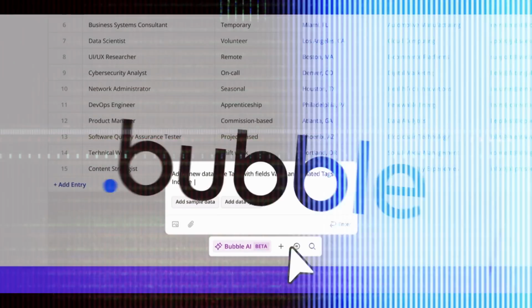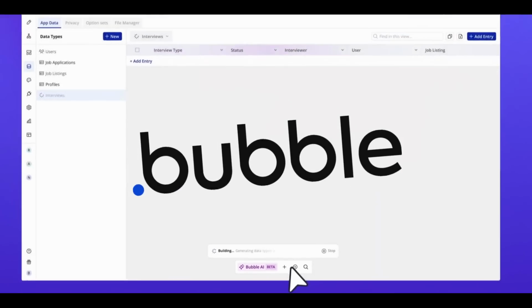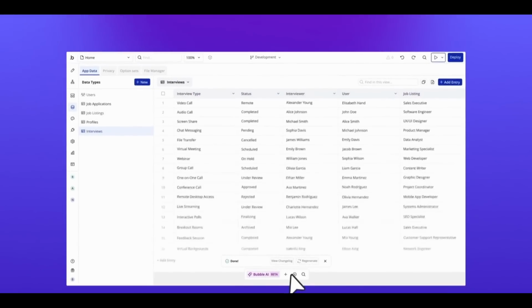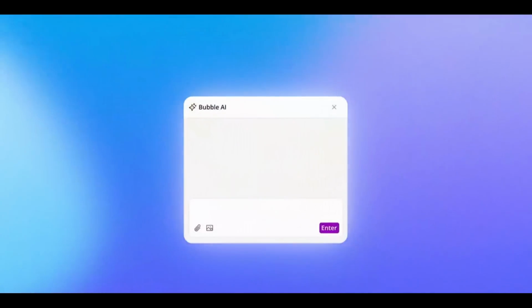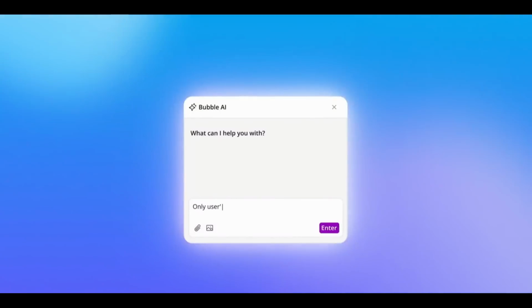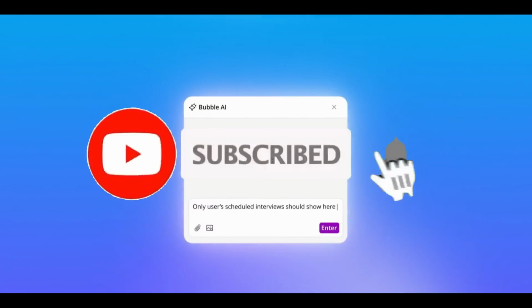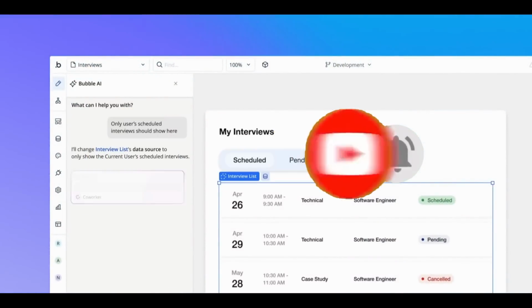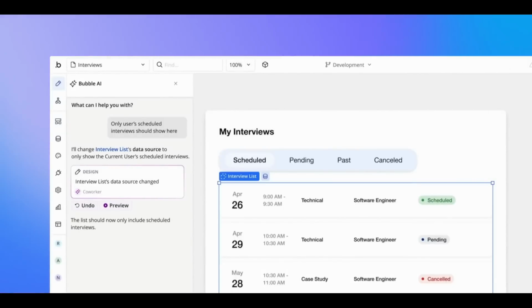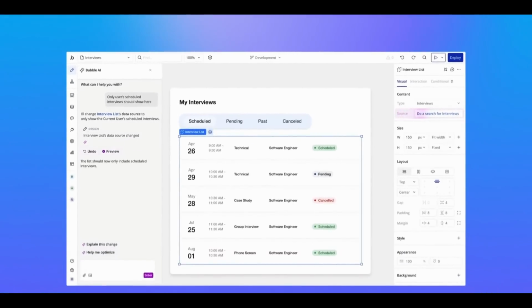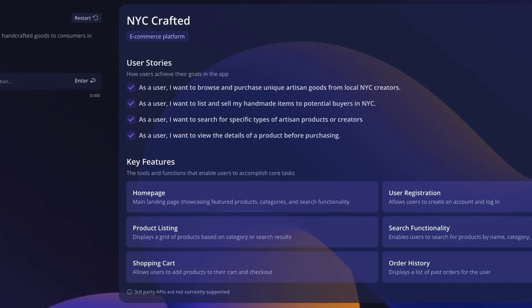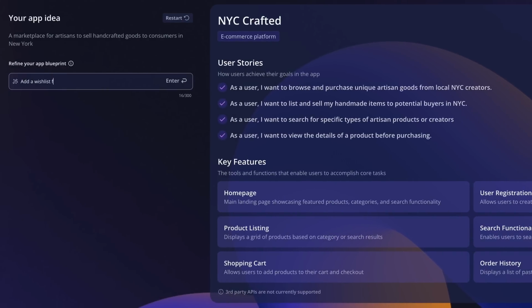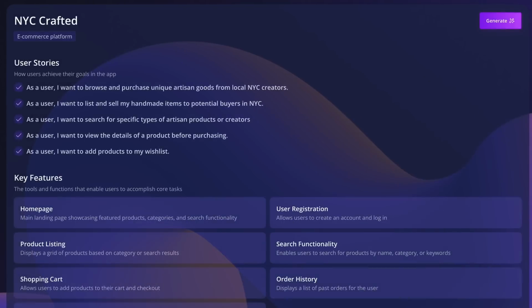Allow me to introduce Bubble AI. Bubble is a full-stack, no-code visual development tool that lets anyone from solo founders to enterprise teams build and launch production-ready apps in minutes. It is something that can automate front-end designs, database setups, and app logic, acting as both your designer and developer. You can go from an idea to a live app without writing a single line of